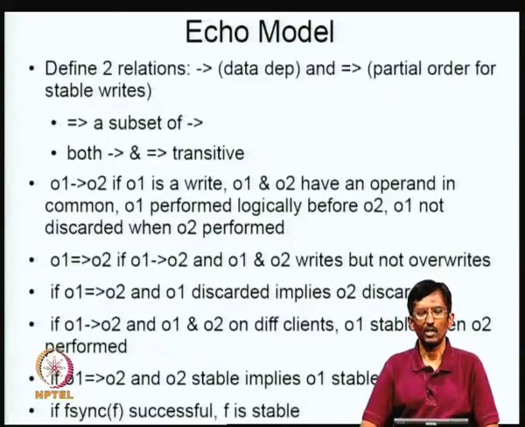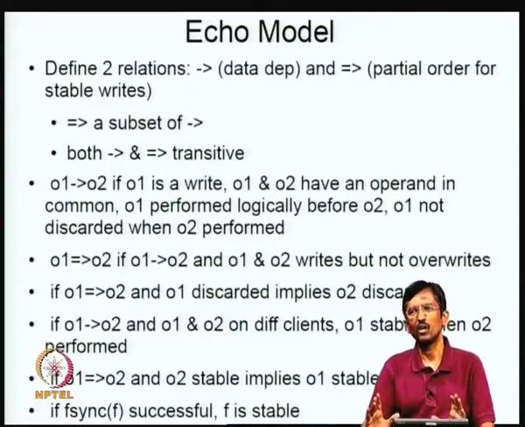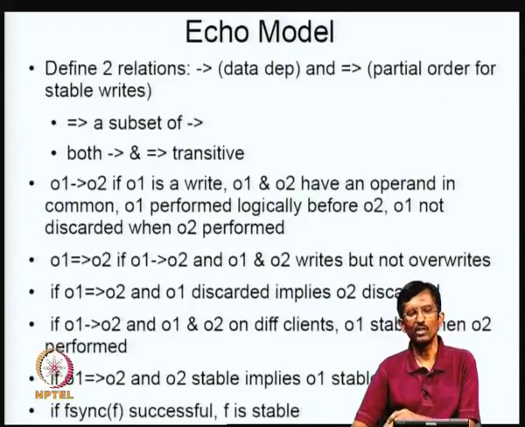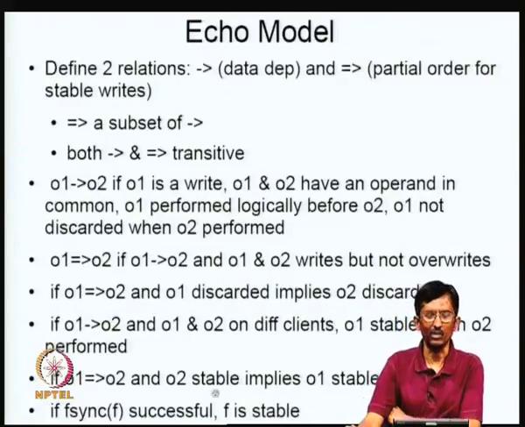Okay. And both these things are required, because what is happening is that there is something in memory, something on disk, and you want to carry the contents of the memory to disk in a particular sensible order. That is why I am keeping track of data dependencies. I am also keeping track of how things have been ordered on the disk. It is a partial order, because sometimes there is no ordering required and it can go in any order, but sometimes I require a particular order. That is why there are two relationships, and then let us see exactly what they are doing.